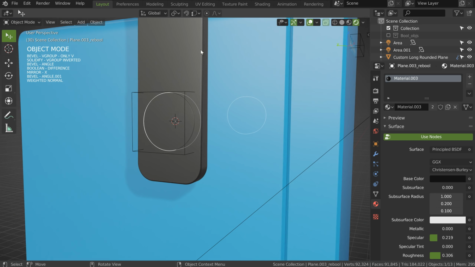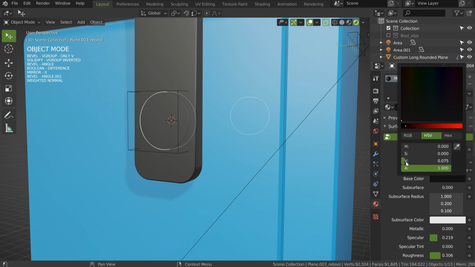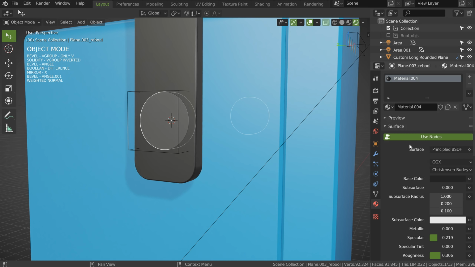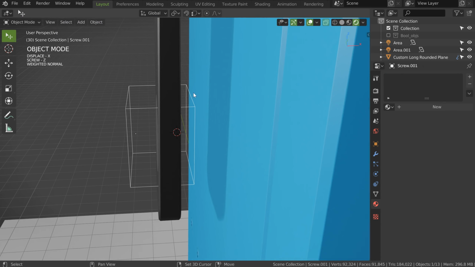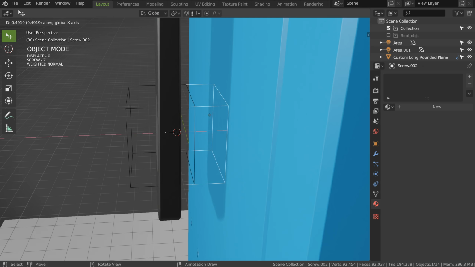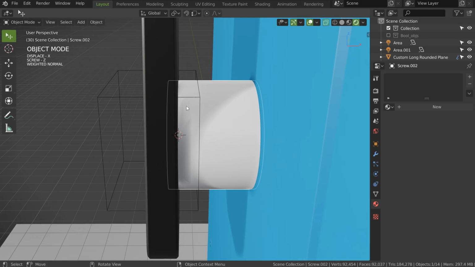This is another object. I can add another shadow on this one. I can maybe click here and maybe make it with more value, more gray, like that. And that's it. I created this. So I will duplicate this one, Shift D. I will move it here. I will press Shift on display mode to see my object.